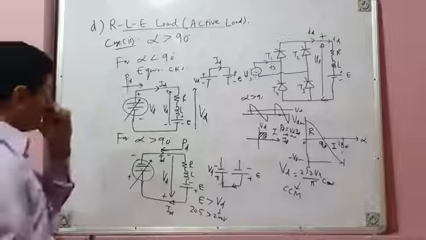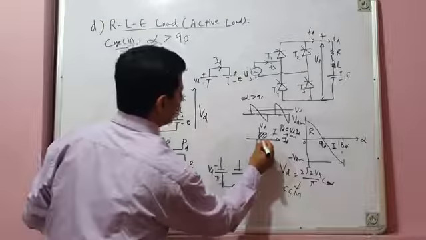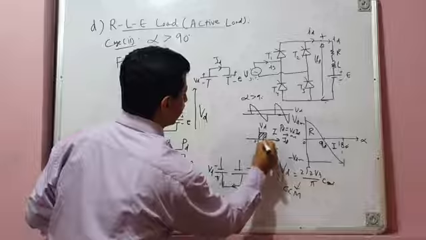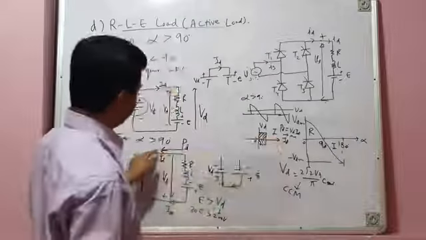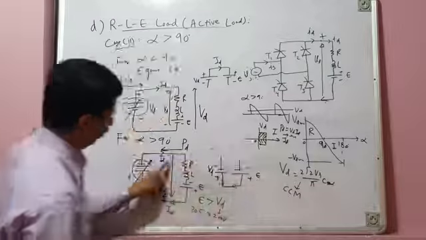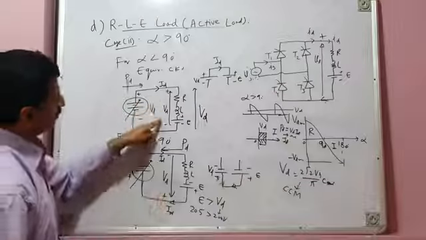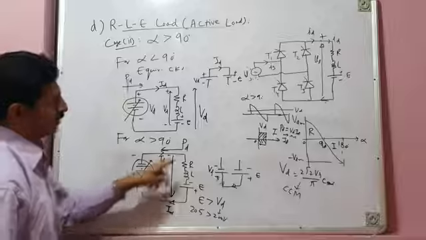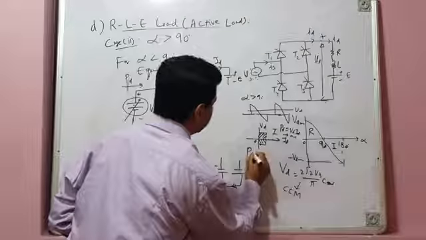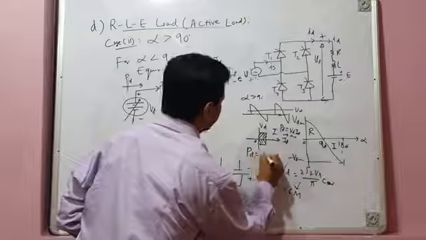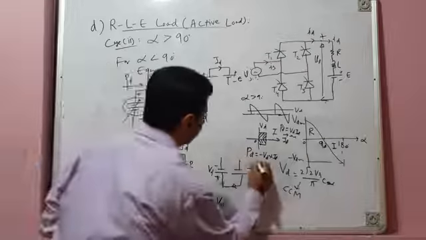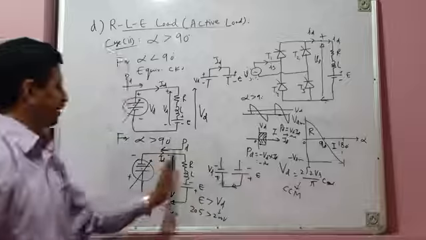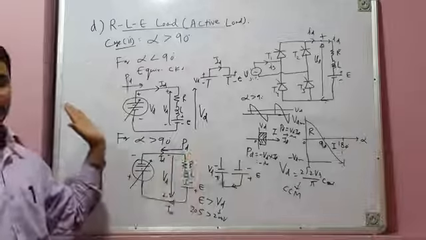Now for quadrant operation, your converter is operating in the fourth quadrant. In the fourth quadrant, you already know the direction of current is the same, ID is positive, but the polarity of voltage is reversed. Here it was plus minus, here it is minus plus. Polarity of voltage is reversed, and PD is the product of voltage and current, minus VD into ID. Since average load voltage is negative, power is negative, and negative power means power is flowing from load to source.